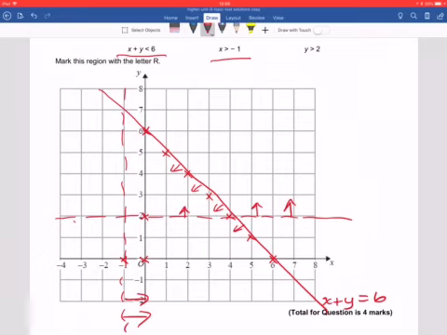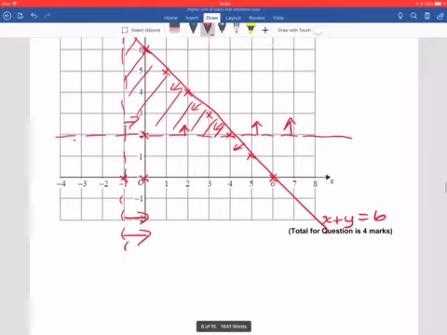So I've got this side of this line, this side of this line, and then when you fill it all in, it's this region here. Are there any questions on that? We all okay with that? So be careful, I think people do their x and y the wrong way round because they think the y-axis goes down. It does, doesn't it? It does, yes, but it goes through y, so